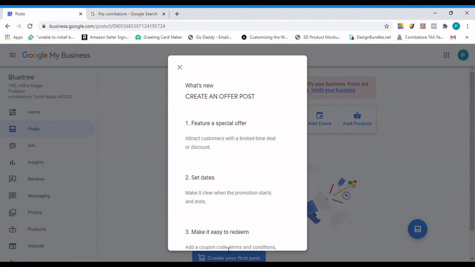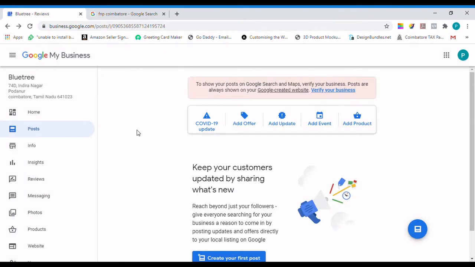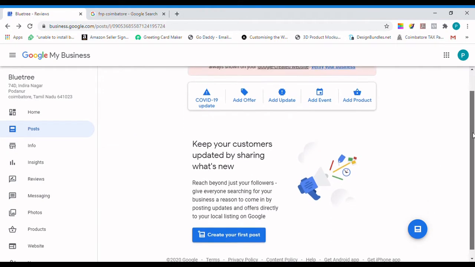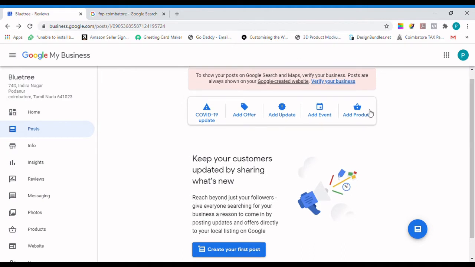So all these things you can do in posts. Say for example you have an offer or an event and you want to give a discount on a specific product only for a limited time. Using this section you can let the customers know about the special offers, any events which are planned, or a special discount on a specific product.